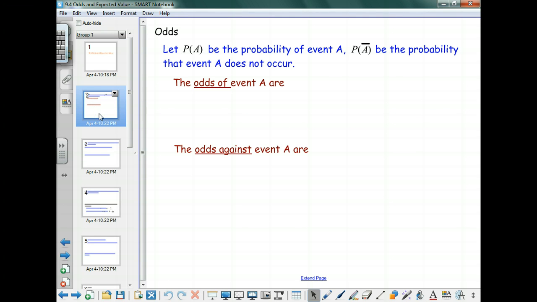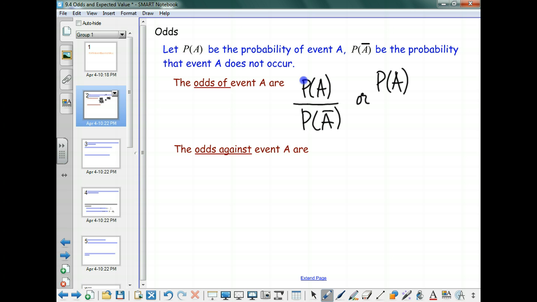So if we have an event, we're going to call P of A the probability of the event happening, and P of A bar the probability it doesn't happen, because A bar is the complement of A, right? Everything not in A. The odds of the event A are the probability of event A divided by the probability of event A complement, or the probability of event A divided by 1 minus the probability of event A,